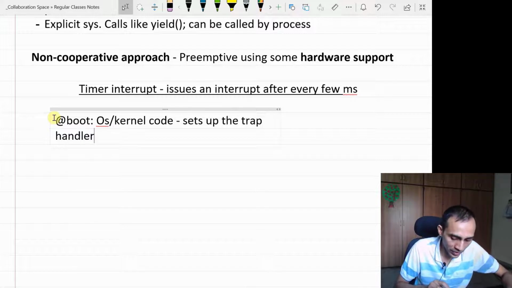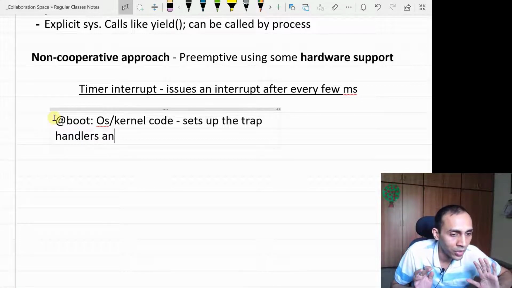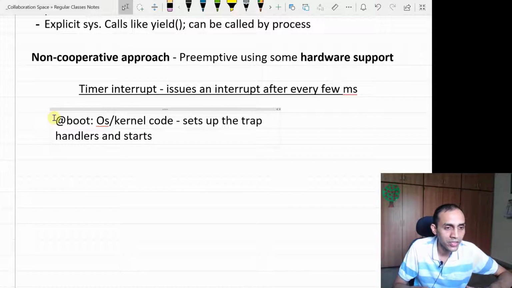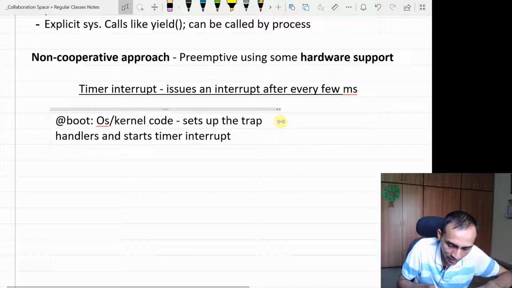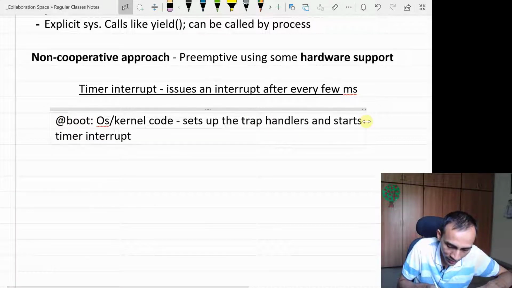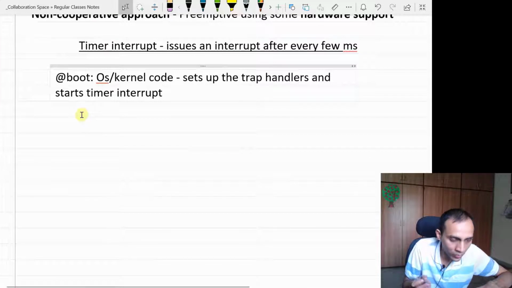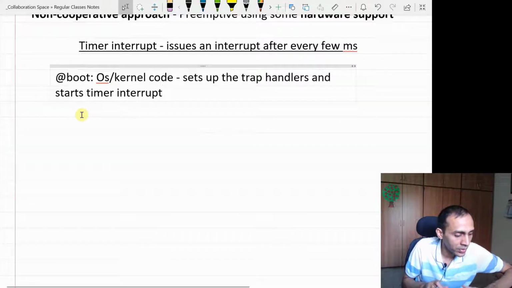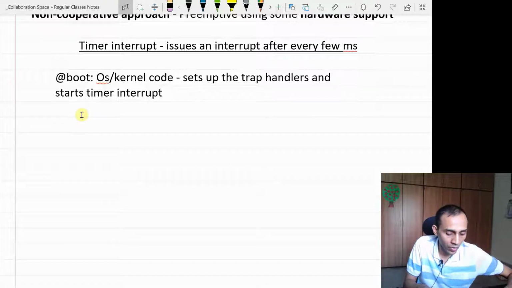When the timer interrupt starts, OS is assured that no matter whom I give control, after some time I will eventually regain the control. The timer interrupt is going to go off after every few milliseconds, and that is also set by the OS. Let us say X milliseconds. The value of X is also set by the OS. And OS can disable this timer interrupt also, if at some point it wants to.